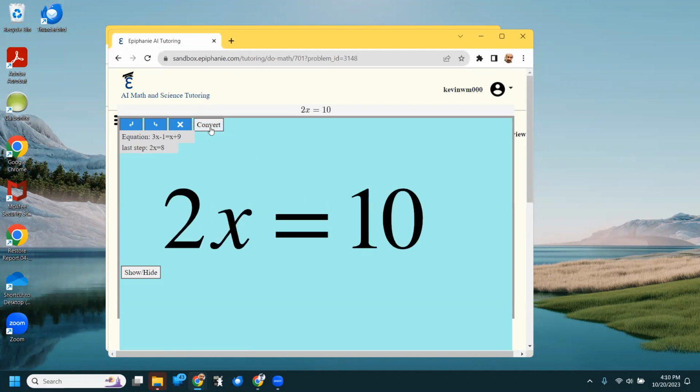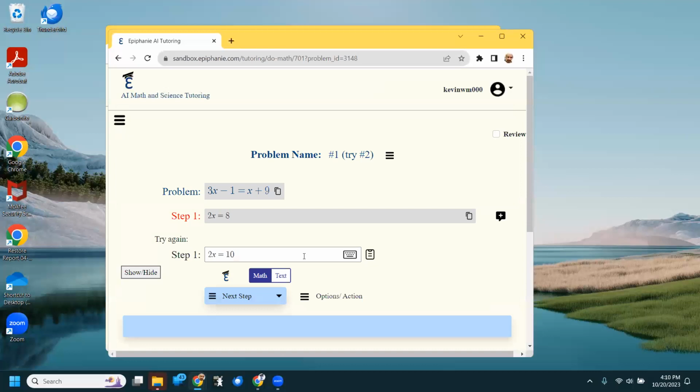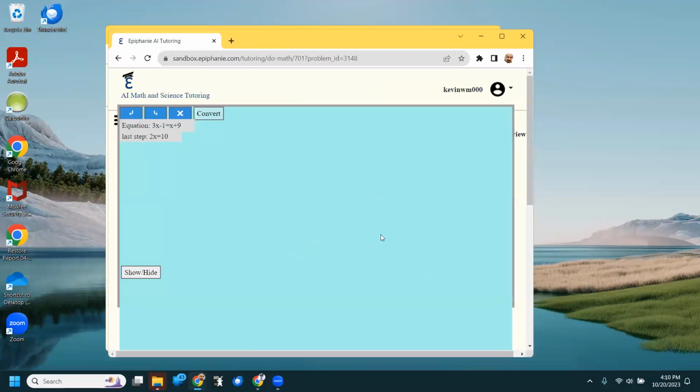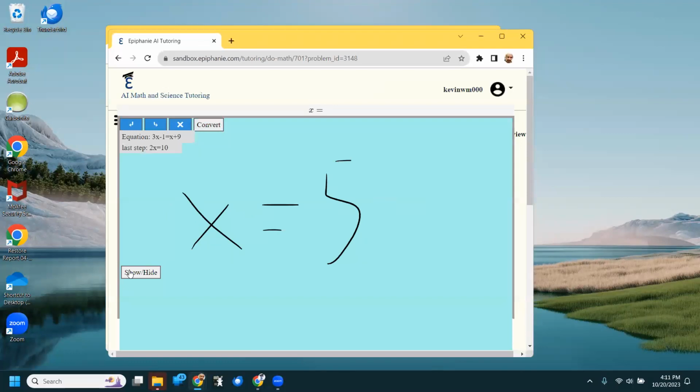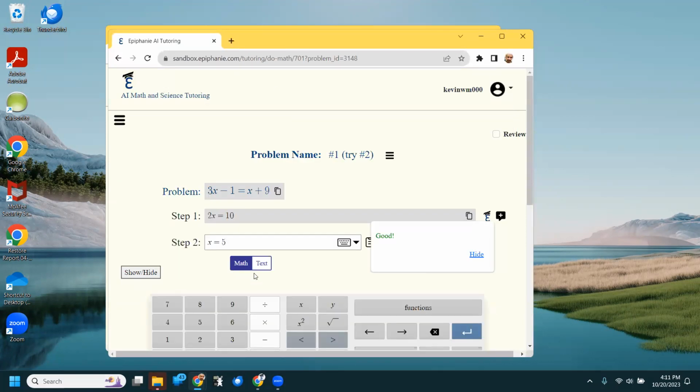And I'm going to convert this. And right now I have to hide this and hit the enter button. But in the future, it'll just automatically turn that step in and you can see the next step. And now my next step is x equals 5. Did it get that? It got that. And we'll convert that. Hide this and